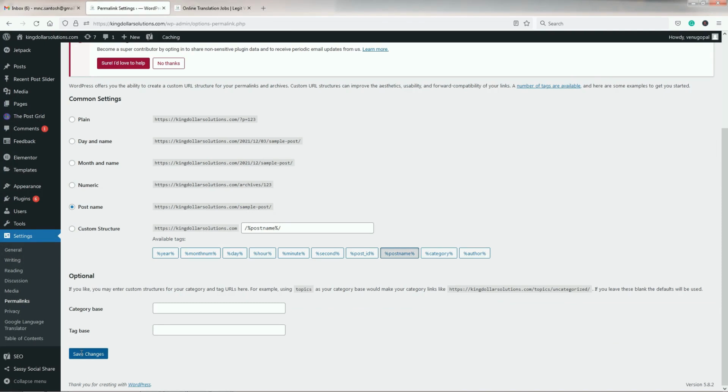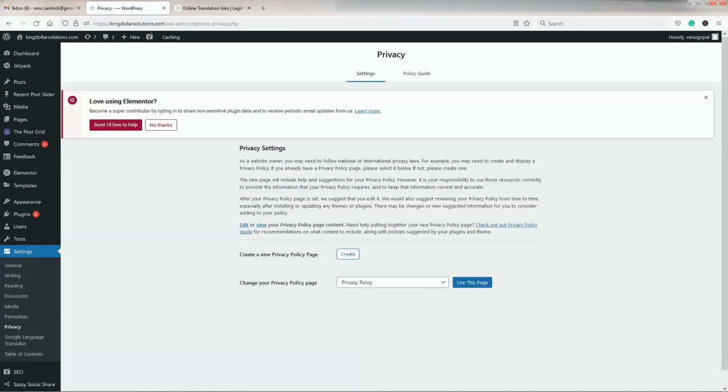This is the privacy module of the settings section. As a website owner, you may need to follow national or international privacy laws. For example, you need to create and display a privacy policy page. I discussed this in the Chapter 8 FAQ section: What are the important pages that every WordPress blog should have? As of now, leave it like this. Later, after creating the privacy policy page of your blog,